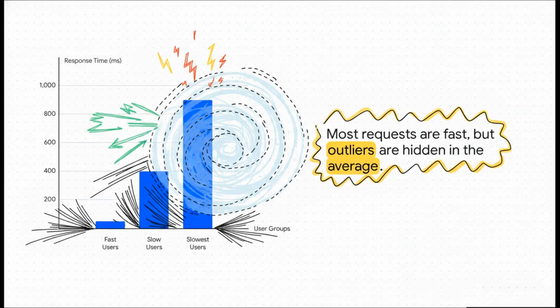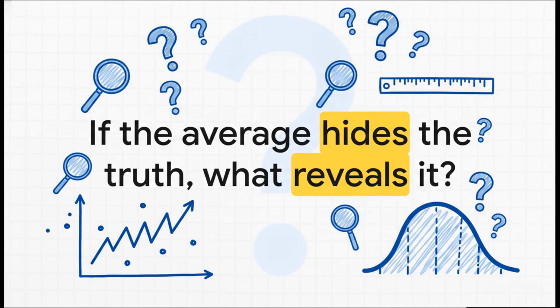Okay, so this is what was really going on behind that nice, clean 60 millisecond average. Sure, most requests are super fast, but look over there at the tail end of the chart. You've got some users waiting 400, even 900 milliseconds. That is almost a full second of just waiting, and in web time, that's an eternity. These aren't just outliers, these are real, frustrated people, and using an average just completely erases their experience from the